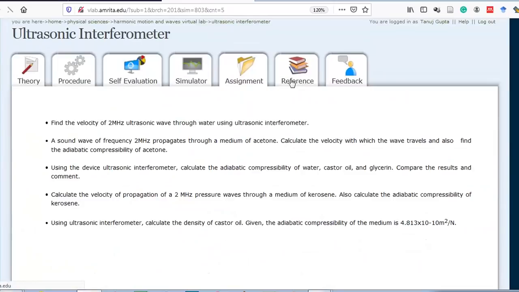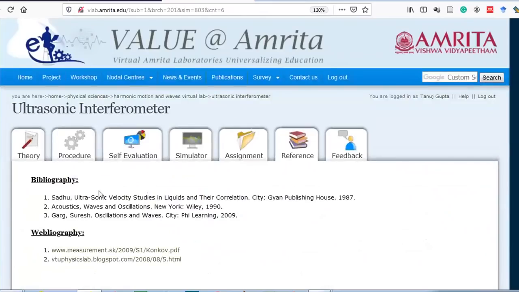Go to the next step, that is reference. The bibliography they have given, I mean from where they have taken the sources or content, and the last bibliography is also given. So directly you can click on that button and check out more about this experiment. Though I have explained everything to you, still some more details you may get if you visit these links. At the last, feedback, if you want, you can provide it, or else you can skip this also, but these first 6 steps are equally important for you.